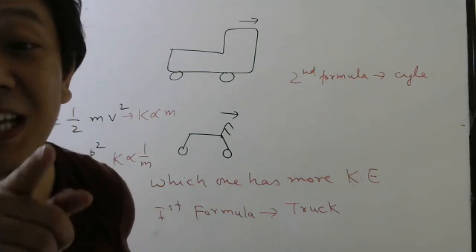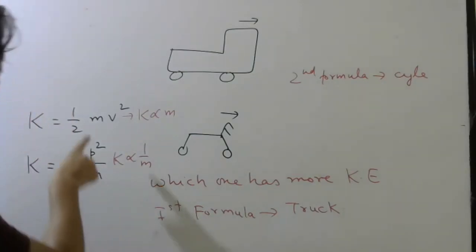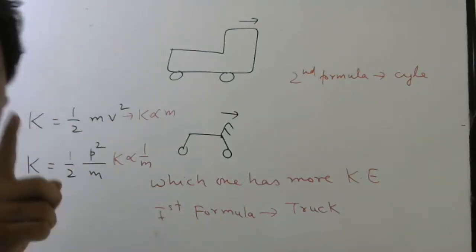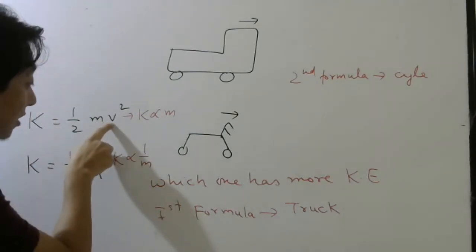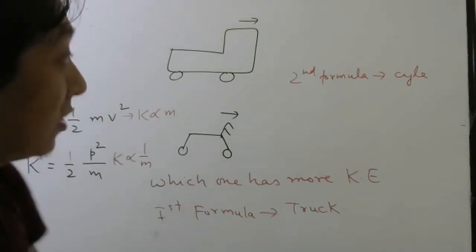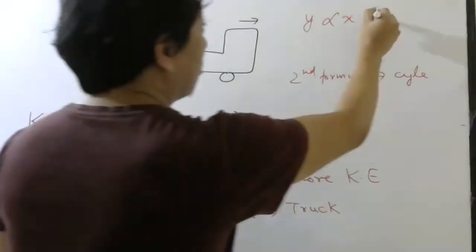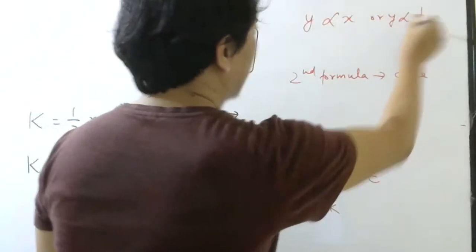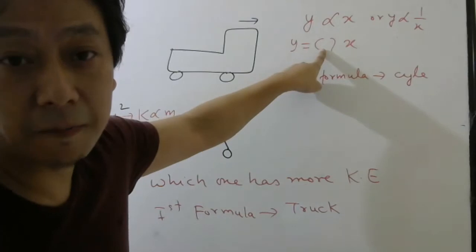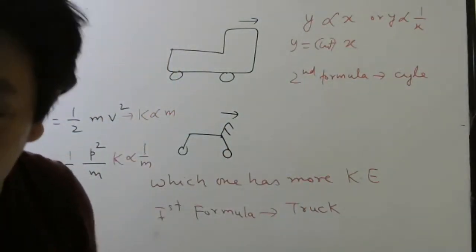So the problem is what? The problem is in understanding the meaning of proportionality. Just because it is in the numerator, you cannot say these two are proportional. You have to check. Was velocity constant in the problem? Was momentum constant in the problem? That you have to check. What I told you, if y is proportional to x or y is inversely proportional to x, y should be equal to what into x? Constant. This should be constant for both in the problem.